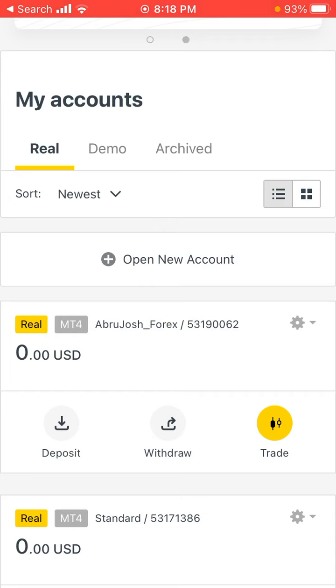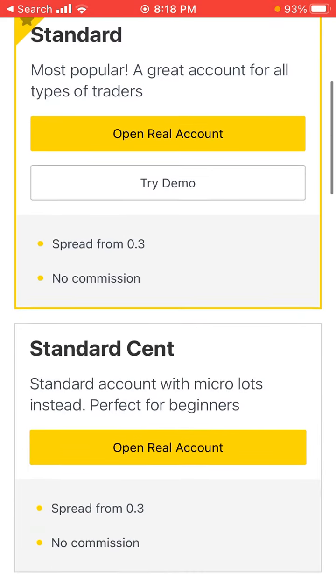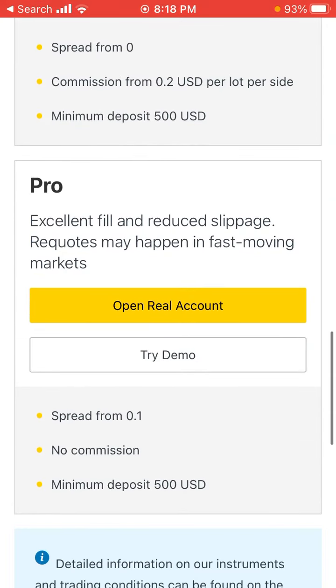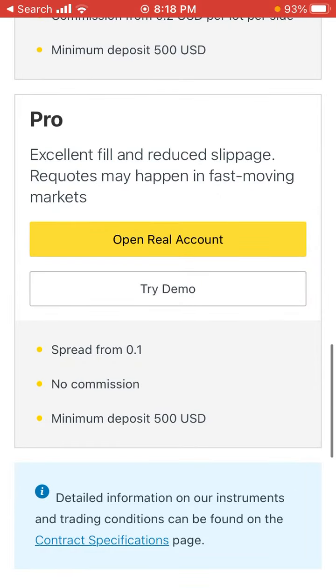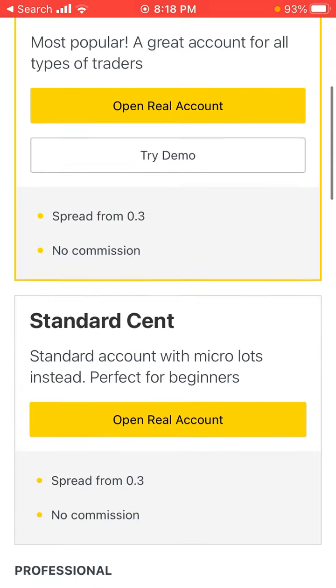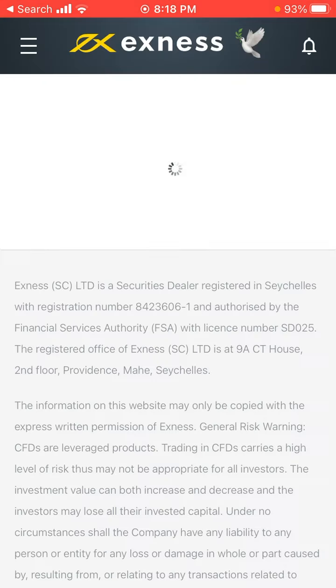So how you can actually open a real account is you can click on open a new account. As soon as you click on it, it will load up. There are various kinds of account. You have standard, cent, raw spread, zero, pro, and all that, and you can actually see their minimum deposit, commission, and spread, and all that. So for me, I actually go for standard. So you can actually go for standard account, which is better. And you go for standard account, and you can click on open real account